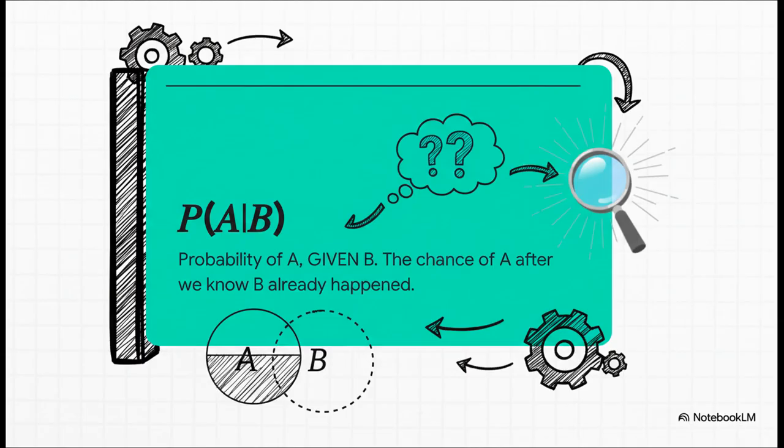And that brings us to, honestly, the most powerful symbol in our entire alphabet, this vertical line. It means given. This is where we level up from just calculating chances to, well, to actually learning and updating our beliefs based on new information. It asks a powerful question. What is the probability of A given the fact that B has already happened? Think about it, right? The chance of rain dramatically changes if you look outside and see dark clouds rolling in. This little symbol is exactly how we capture that kind of change.